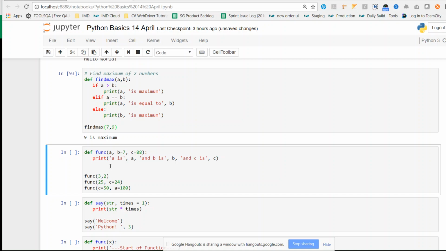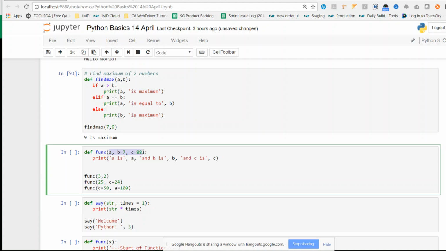Okay. Next example. The same way we are defining a function, def is used to define a function. In the brackets, you can see that there are some arguments being passed, a, b, and c. The value of b is equal to 7 and the value of c is equal to 88. If I write 7 and 88 over here, that means that argument is no more a mandatory one.